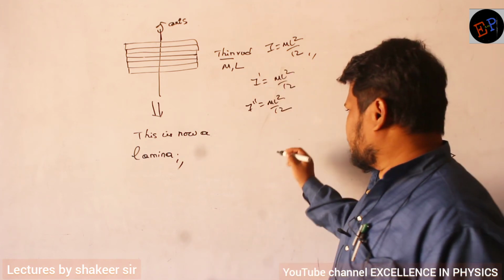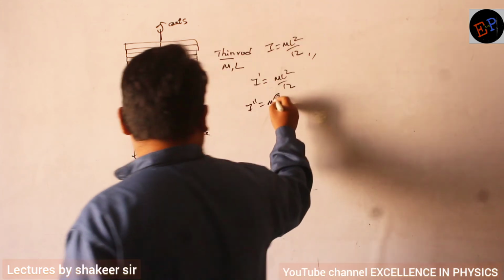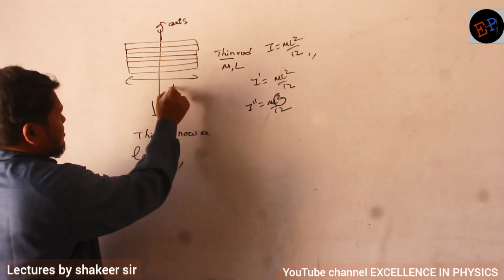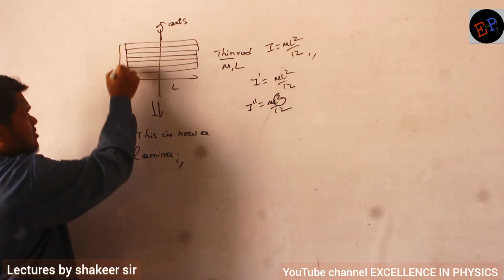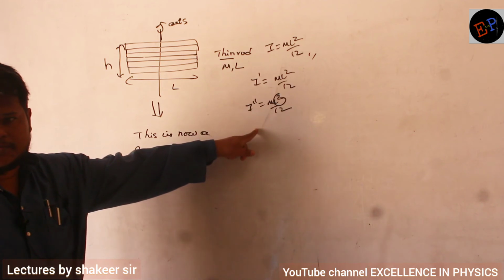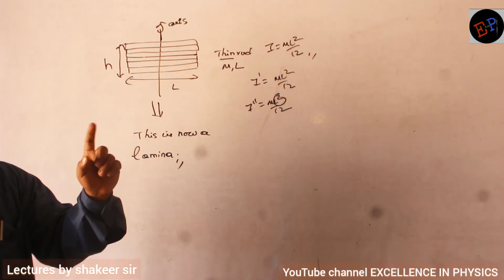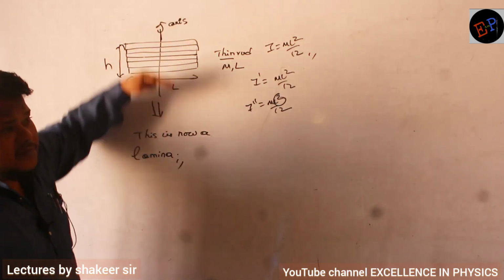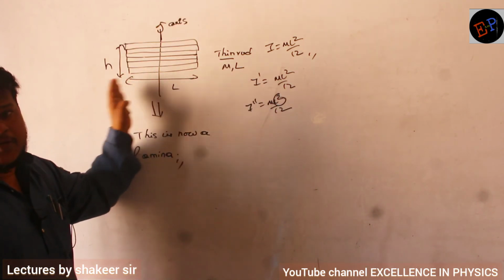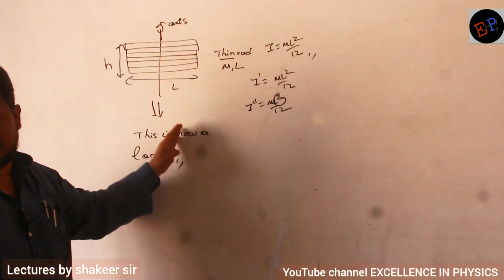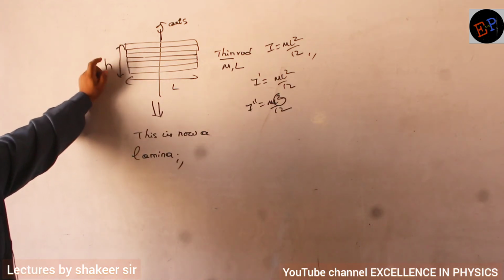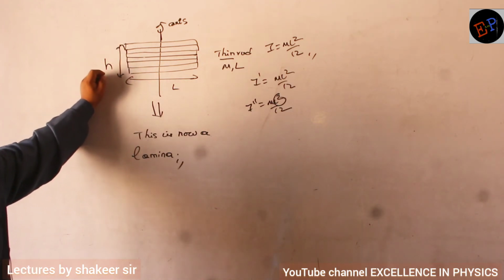So now here L means what? L means this length. So are we concerned about this height? In the formula, is h present? h is not there. So whatever may be the length of the lamina, we take only the perpendicular distance. Perpendicular to what? Perpendicular to the axis. We take the distance perpendicular to the axis. We have no work with this length. Are you able to understand?